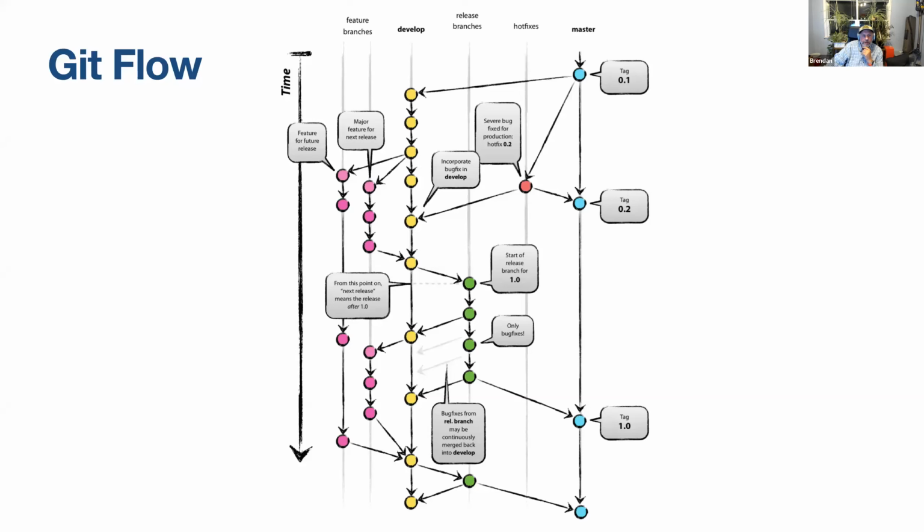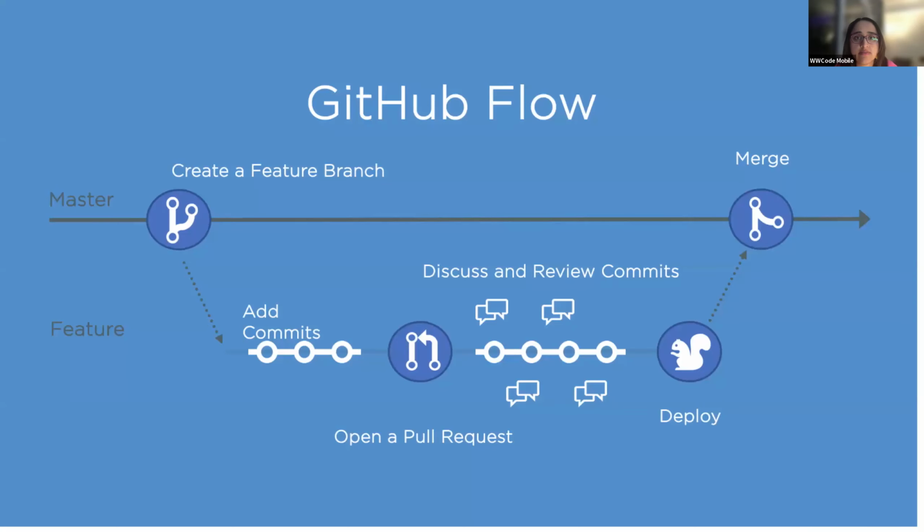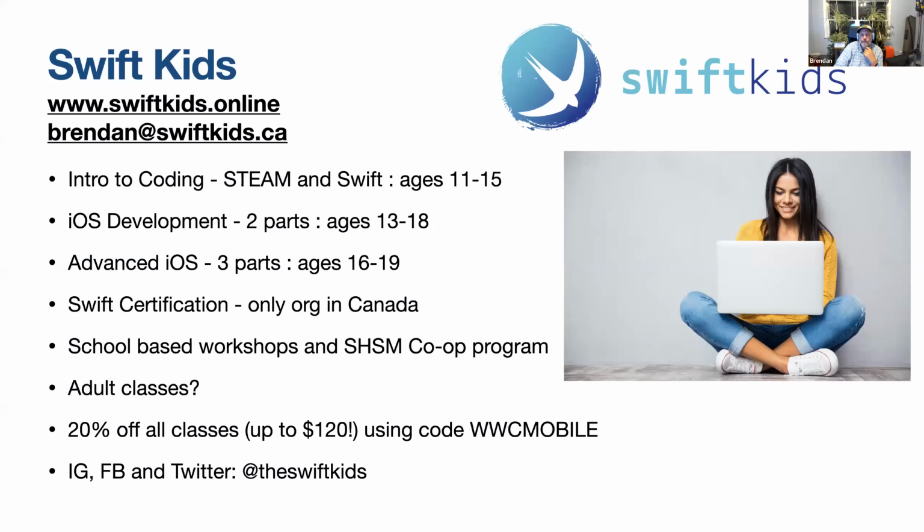I suppose if you're the developer working in the Git Flow environment, there's going to be somebody managing all of the switching from development to master and all that type of stuff. Someone's going to take care of that. You as a developer, all you really have to care about is going from the orange to the pink in this example. So as a developer it doesn't make much of a difference, but trying to wrap your head around it, on any project I've worked on, it seems like it's been more work than necessary. I definitely prefer GitHub Flow, where you just create a branch specifically for a feature.